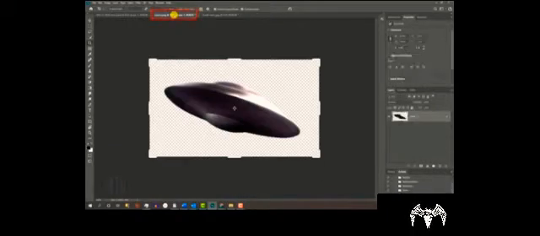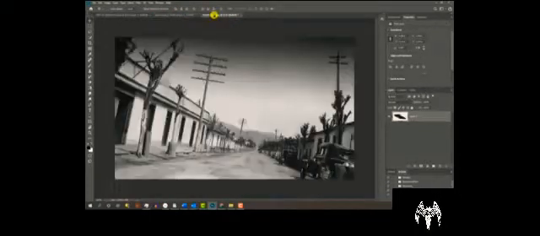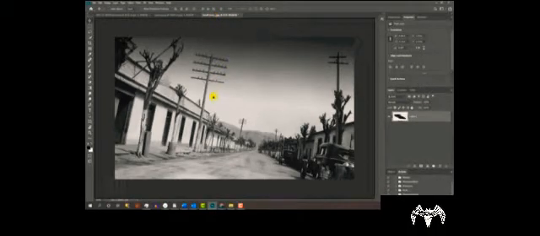Click the tab of the flying saucer to open it and press V to open your Move tool. Drag it onto the tab of the photo and, without releasing your mouse or pen, drag it down and release. At this point, take note of the light source on the saucer as well as the background. Since the photo's light source is pretty much the same as the saucer, there's no need to flip the saucer. However, if you're using a background that has a different angle of light, feel free to flip the saucer